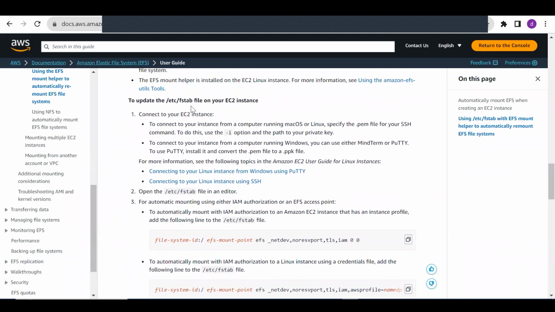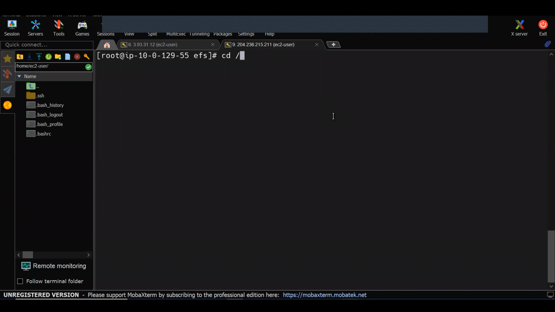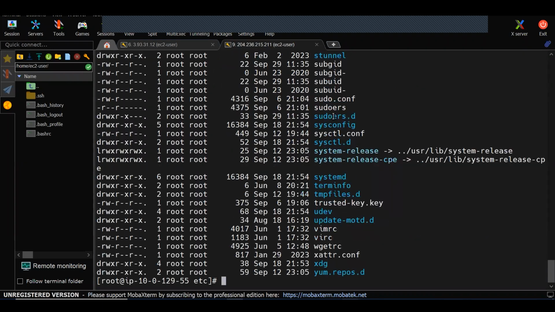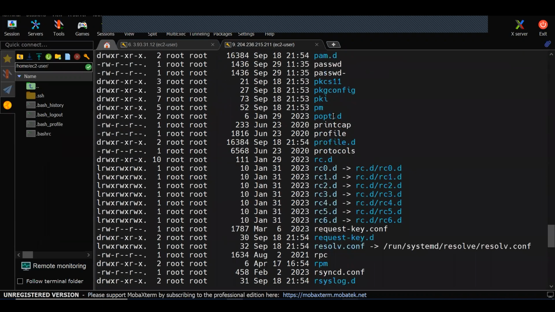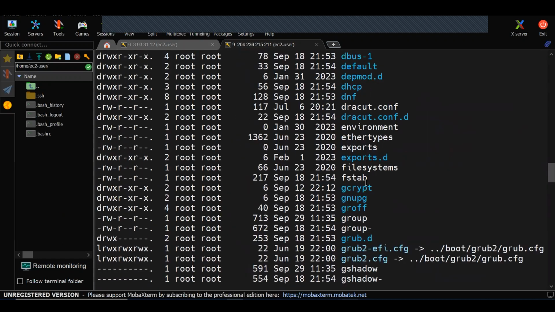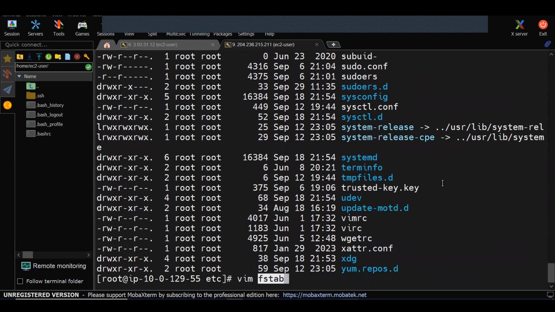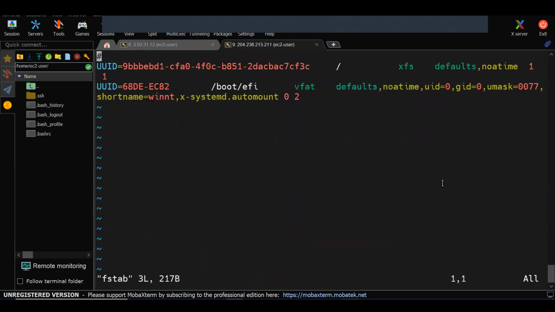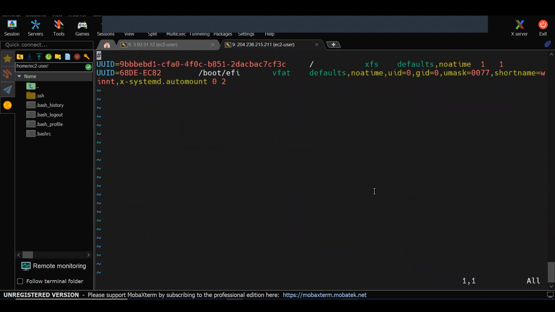First, you need to connect to your EC2 instance to update the /etc/fstab file. Then open the /etc/fstab file in an editor. cd /etc. Here you can see the fstab file. I'm going to open this fstab. Some entries will already be there.